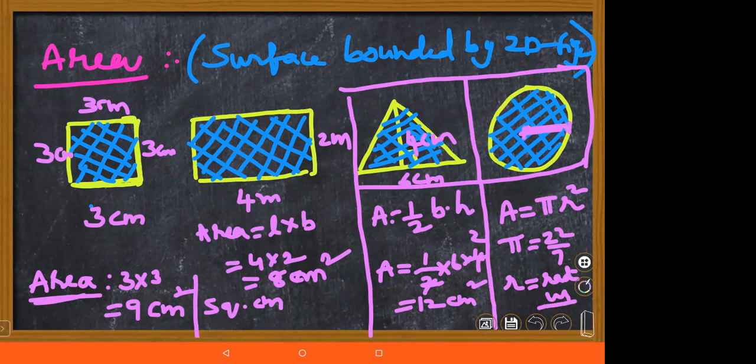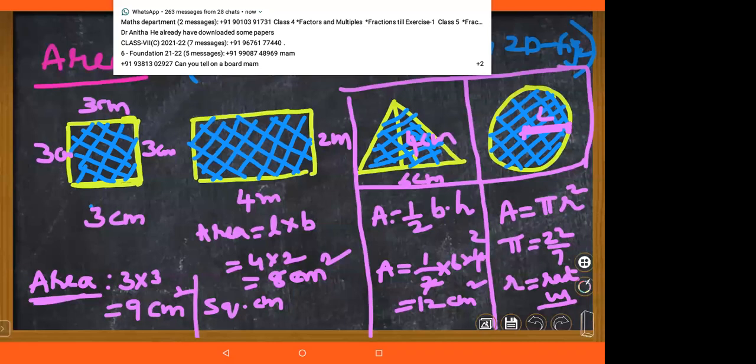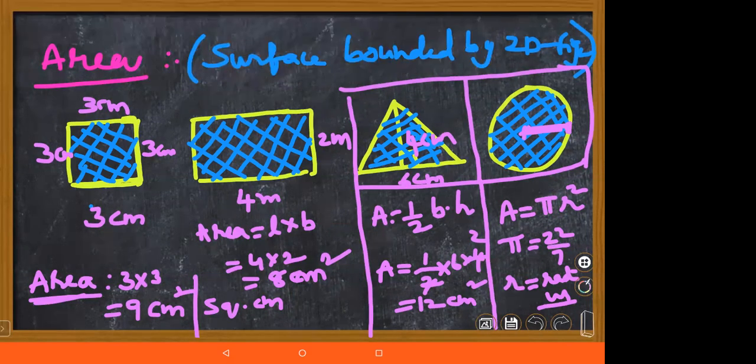Suppose from this point to this point, it is given as 4 centimeters, or it is given as 2 centimeters. How are you supposed to find the area of a circle, children? Very simple, children. Area is nothing but pi r square. So here you can use 22/7 multiplied with r square. Suppose you take the r value as 7 centimeters, you can take 7 into 7. One 7 will be cancelled.